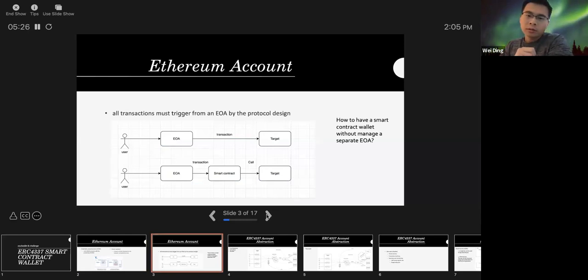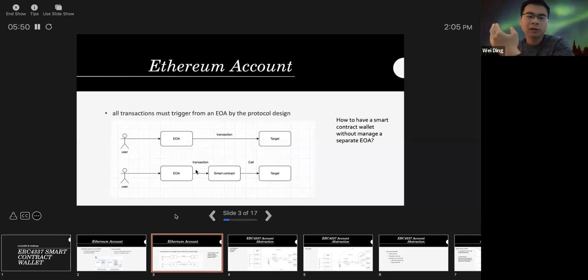There is a problem in Ethereum: all transactions have to be triggered from an EOA account, even with a smart contract. What if I want a smart contract wallet, but without caring about this EOA account?